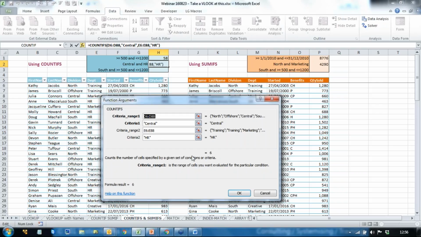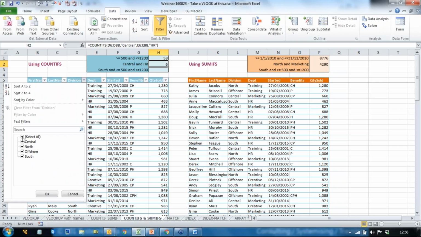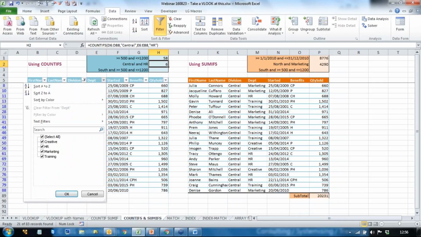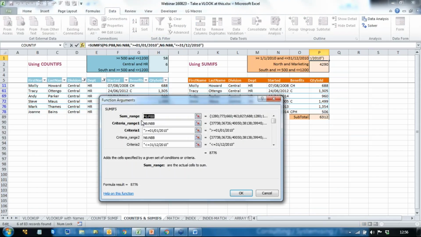And it's doing both of those, and apparently it's bringing me up a result of 6. Now I remember why the filtering was on, because if I look at central HR, it tells me down here, look, there are 6, but you might need it as a formula in a further calculation. Okay. Over here, I'm doing a similar thing, but with some if,